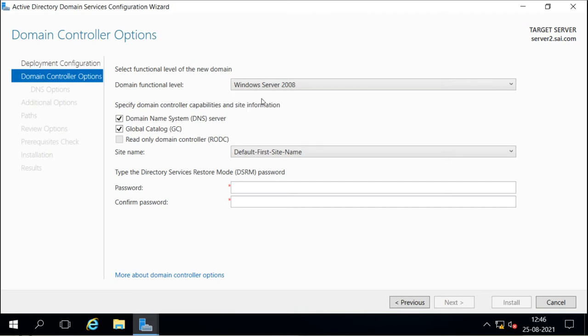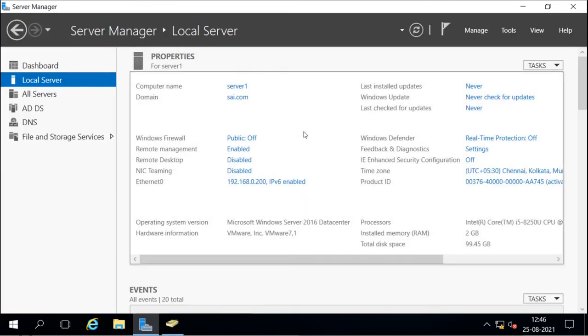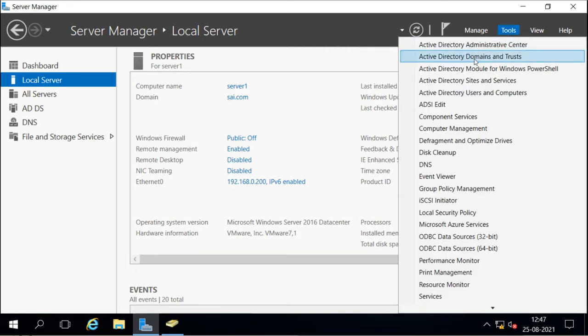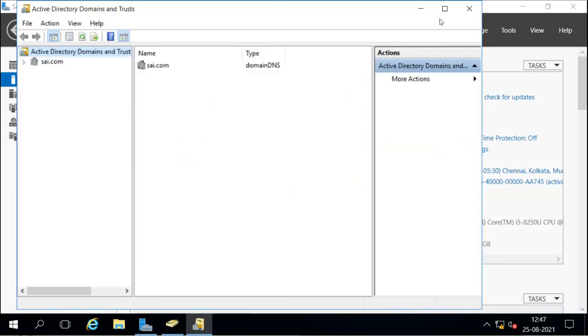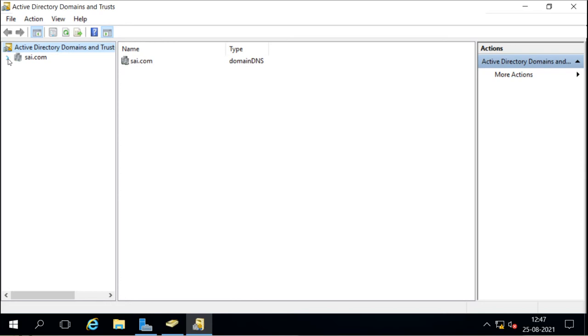If you see this in the root domain, when we first installed this root domain, we decided the forest functional level, and the forest functional level is right now Server 2008. That is why we can create the other domains with up to or minimum Server 2008. We can verify that by going into Active Directory Domains and Trusts. In this console you will see all the domains: the parent domain, child domain, tree domain, everything. Right now we have only the root domain here, and you can see the functional level also.